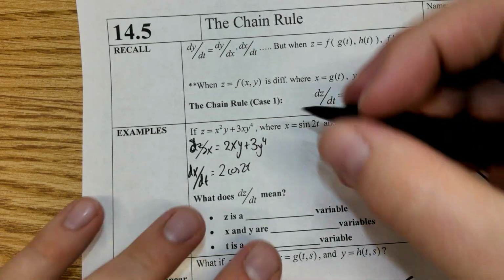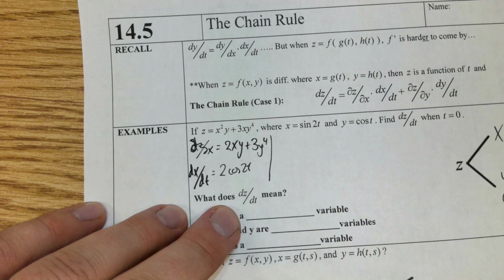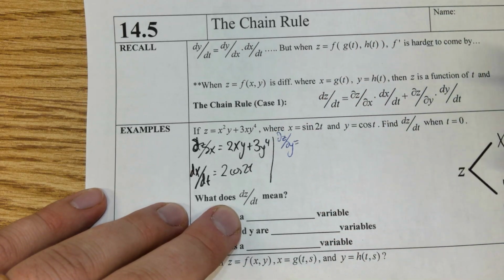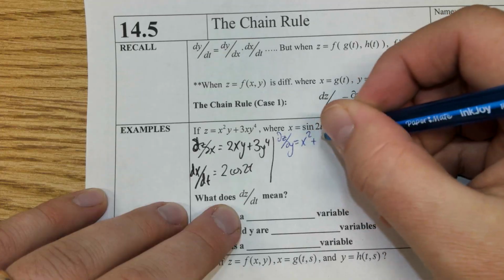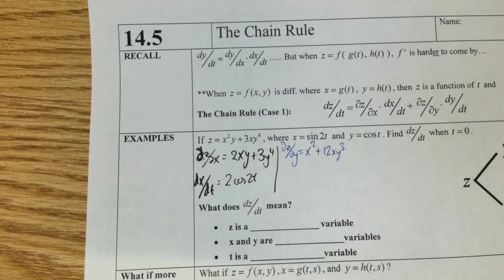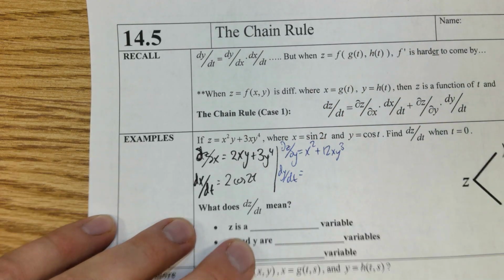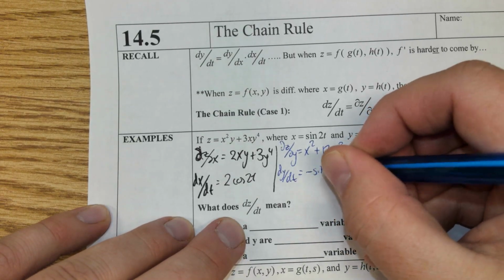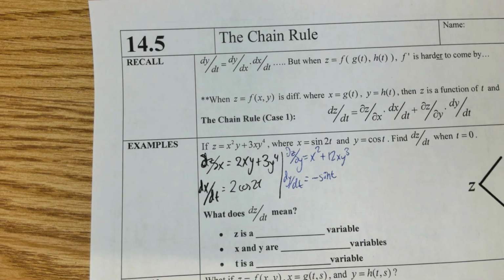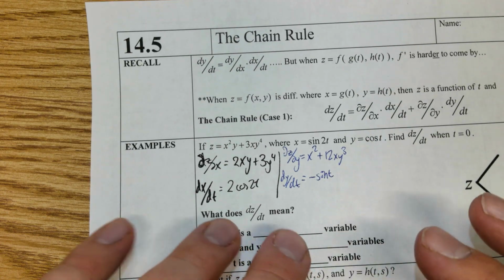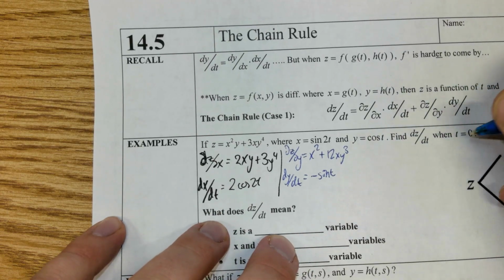How clean. If I do the same thing for y, the partial of z that depends on y, well, that would be x squared plus 12xy cubed. And y's entire dependence on t can be written as such. Not only that, it does give me that t equals 0. So this gets really messy real quick. But when t is 0,